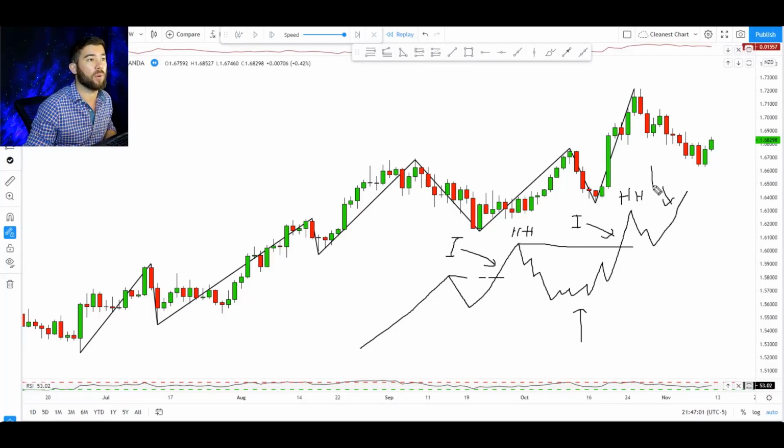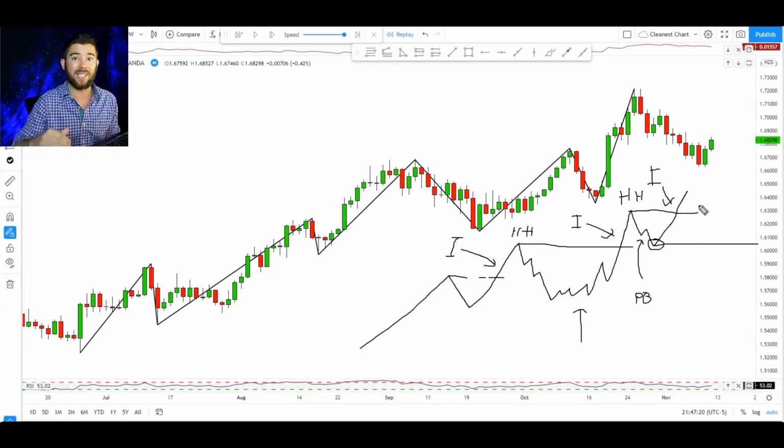This move is our impulsive move because it broke above the previous higher high. At this point, what level cannot be broken for us to continue this uptrend? We cannot see the low of our pullback broken. Where's the low? That's the lowest point price got to in this pullback. As long as the market stays above that level and continues making higher lows and higher highs, then we're still